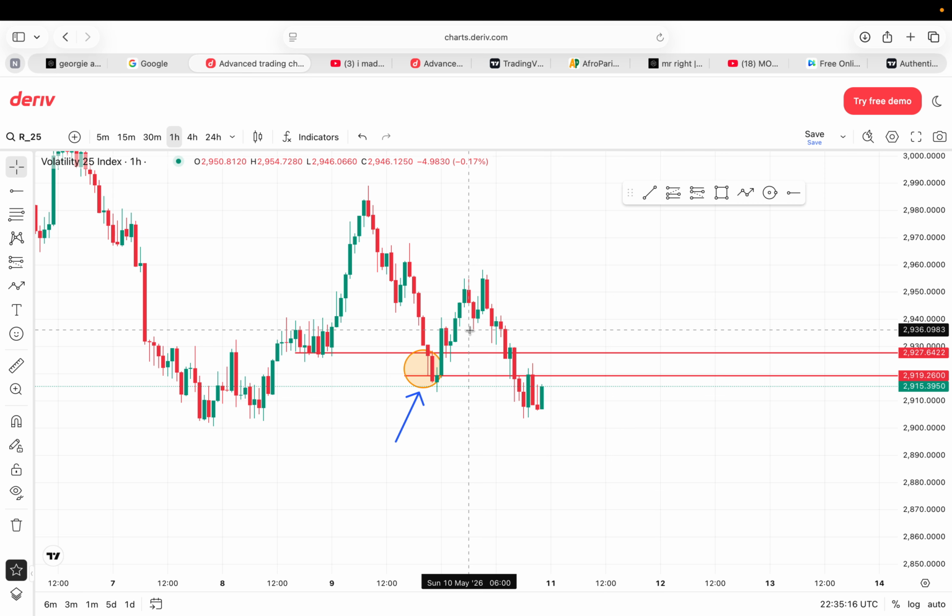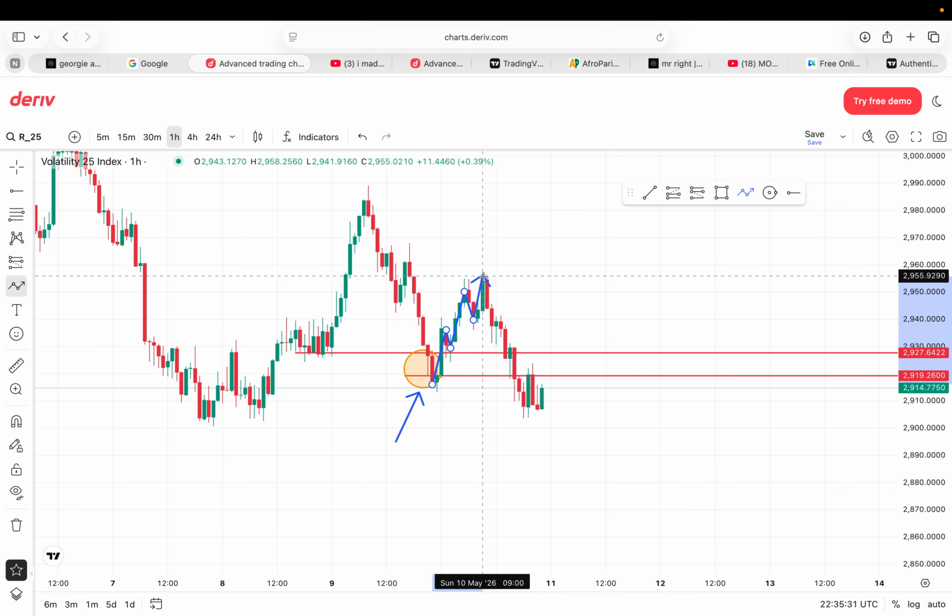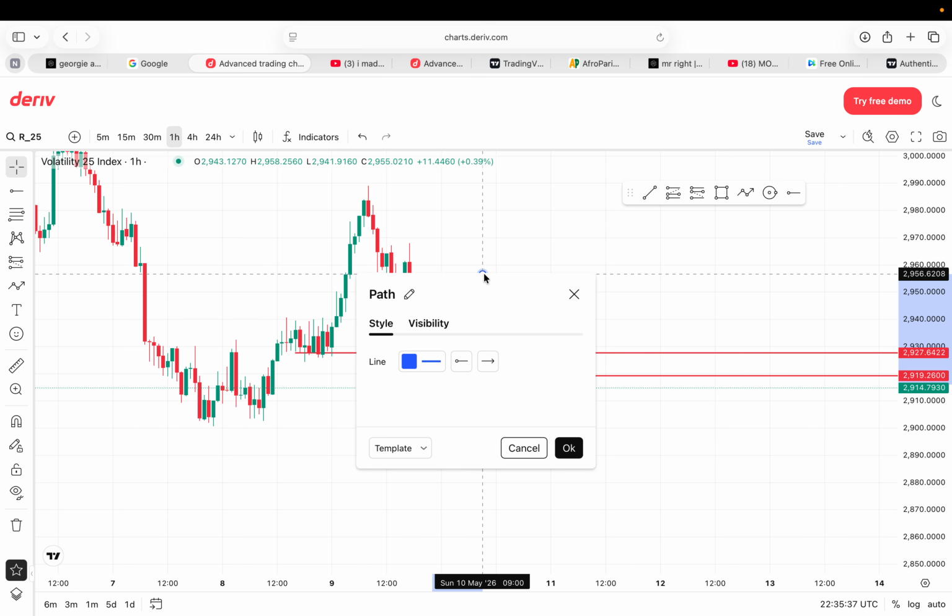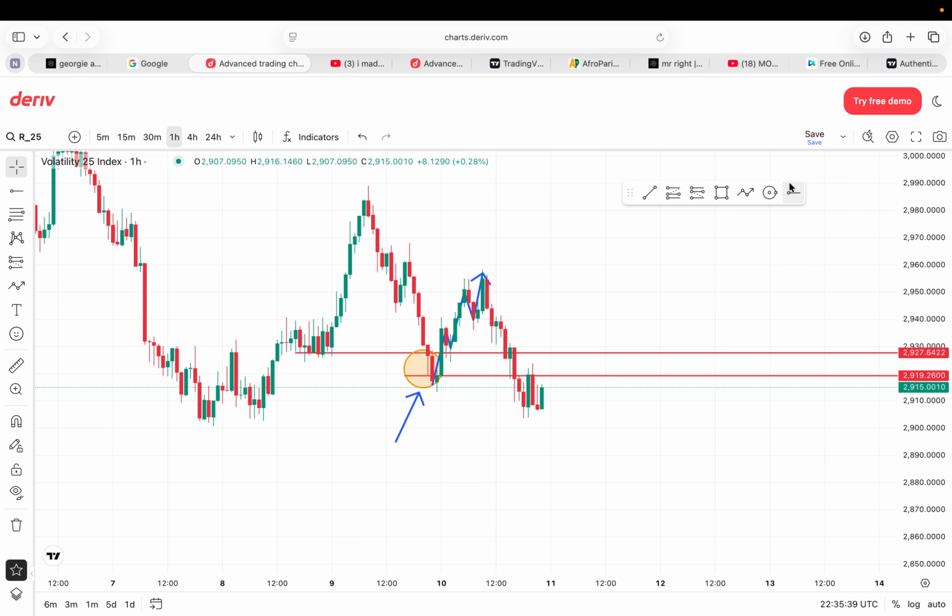Many price give us an indication. The next thing we're expecting to see is the market to give us the correction, which the market did here. High high, high low, high high, high low, high high. So I already know that price is now making higher highs and higher lows by seeing this.